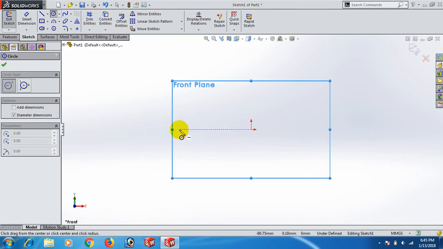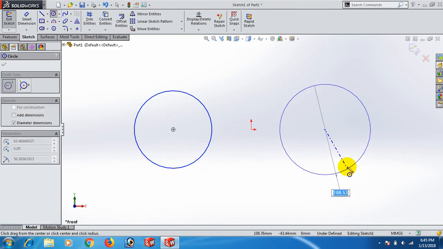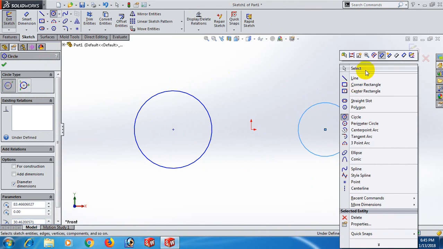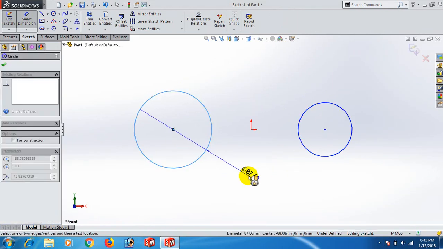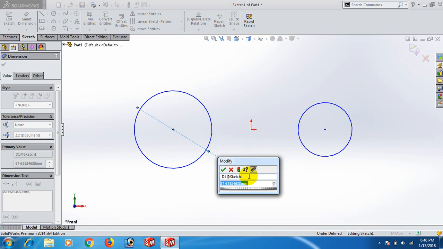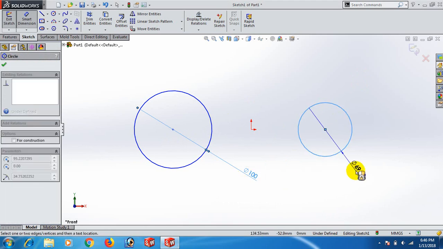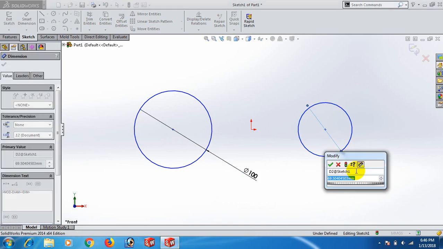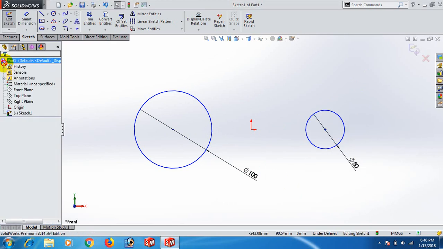Now draw the circle and here, select. Now give the dimension, circle dimension 100. Okay, this circle dimension 50. Okay, now